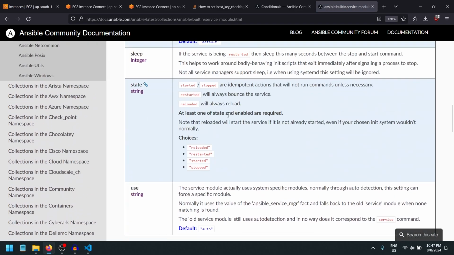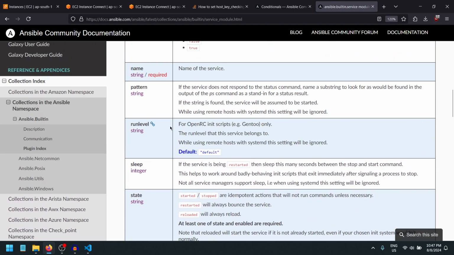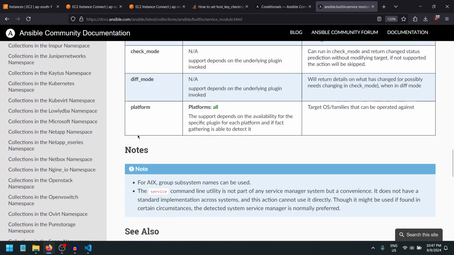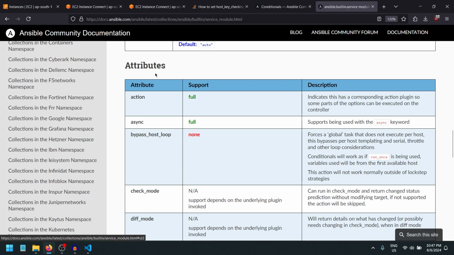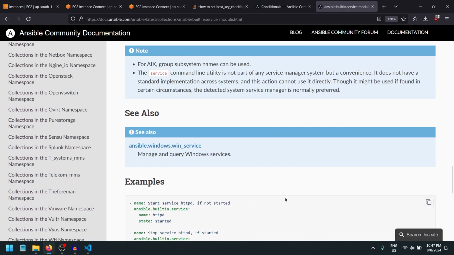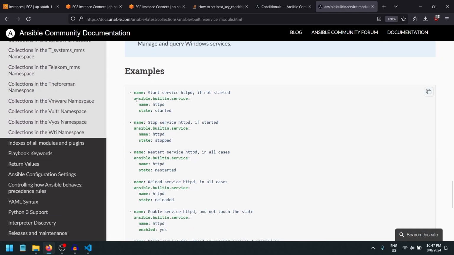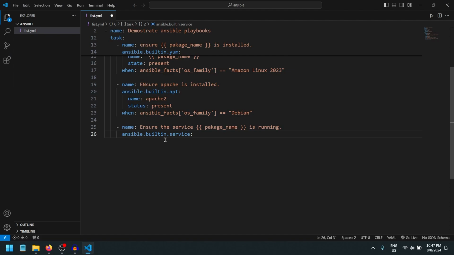So inside a service model, those are some few attributes that we can provide on the service itself. On the service, this is our module name. We can just copy paste our module, which is the Ansible built-in service module. The name of the service is httpd, and state should be